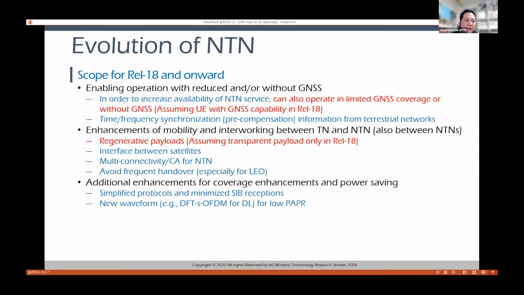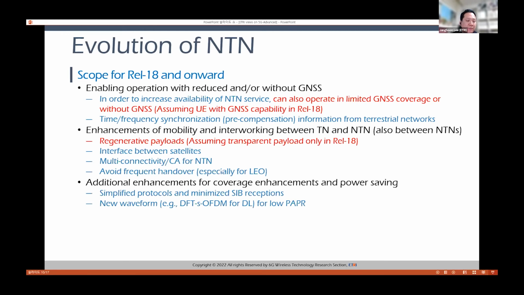Next, it needs to study enhancement of mobility and interworking between terrestrial networks and non-terrestrial networks, and between non-terrestrial networks. More specifically, the following items need to be studied: regenerative payload, interference between satellites, vertical connectivity, and others.